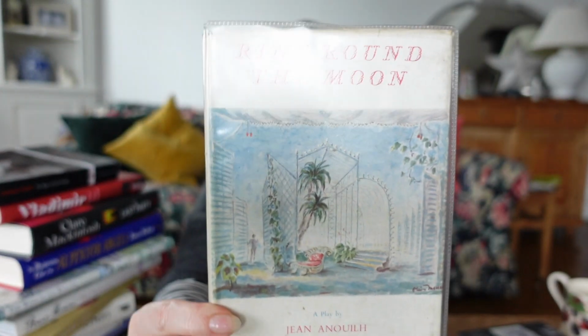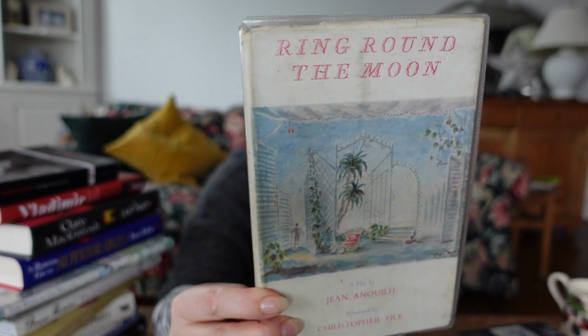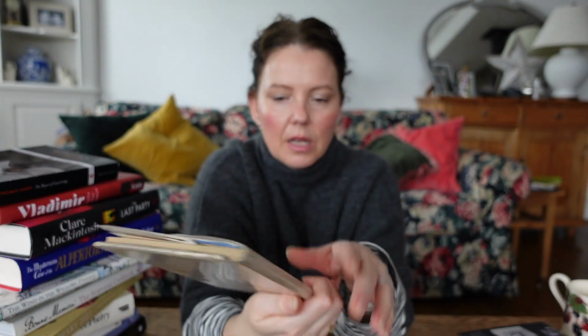I've got some leaflets. Another little vintage book that I found in the charity shop. It's a play from the looks of it. I will put that upstairs too. And then